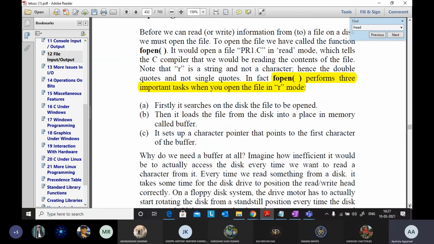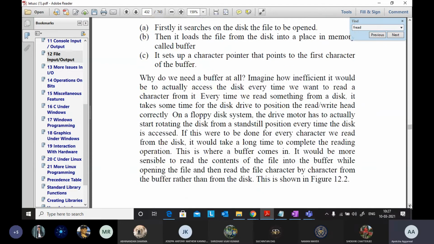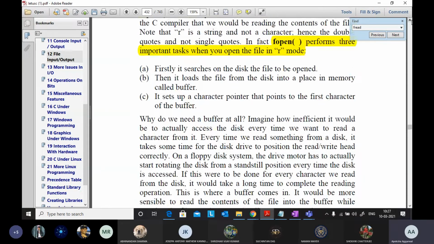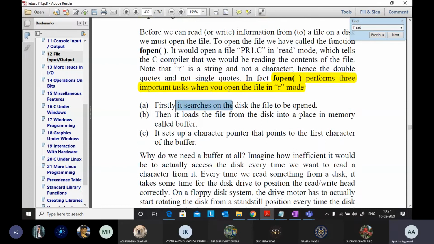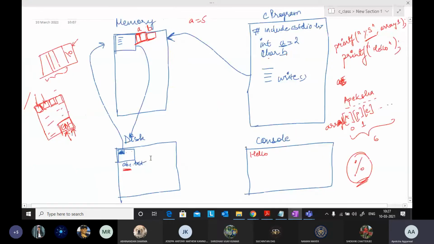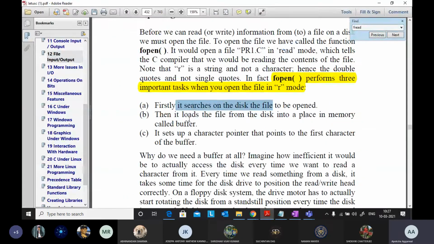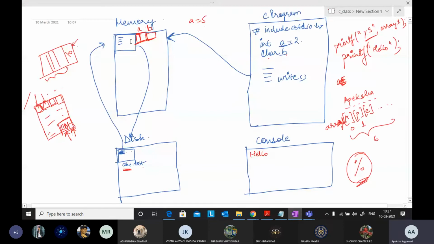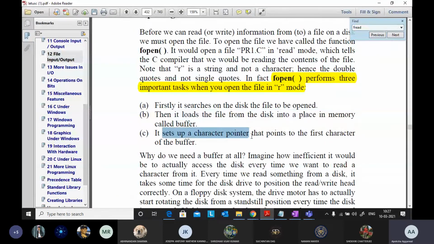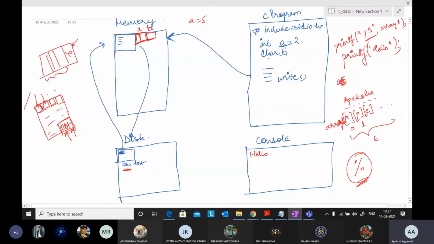Okay, so opening a file. For opening a file in read mode, firstly it searches your disk. If you want to open this file, it will search the disk and load it into the memory. It loads the file from disk to a place in memory, and this memory is called buffer. It sets up a character pointer, FILE *fp.